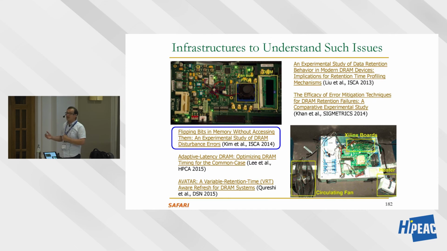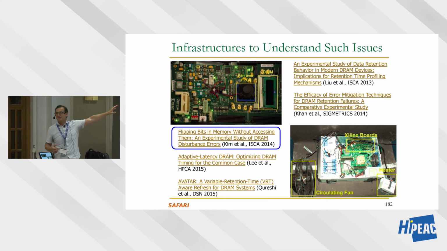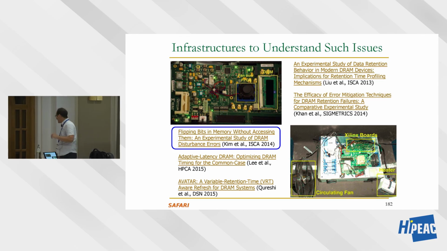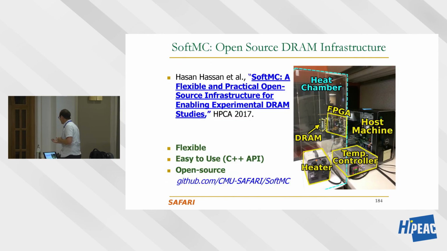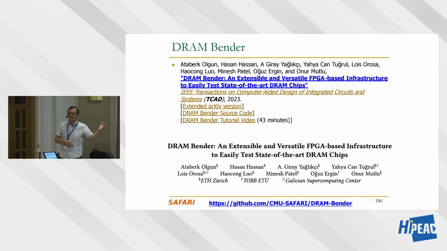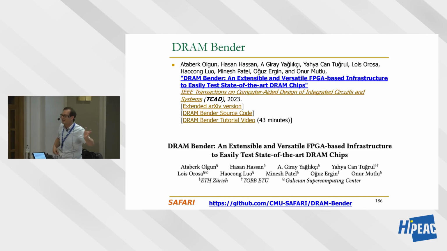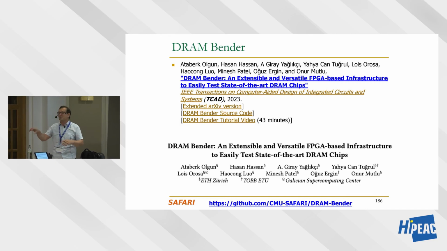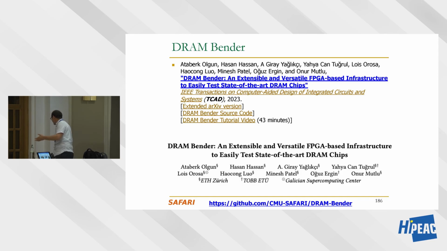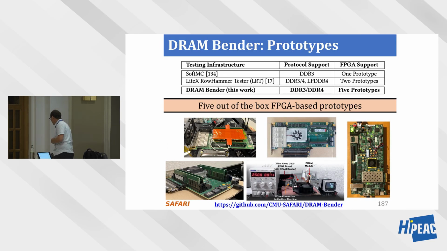So we built a lot of infrastructure to understand these issues. We built FPGA-based infrastructures, FPGA-based memory controllers, soft memory controllers to test DRAM. And these are some of the papers. We're going to talk about this more. And these are some examples. If you're interested, you can actually use some of these. We released it as SoftMC, but more recently, you're lucky right now, we released a much better version of it. It's called DRAM Bender. It's a lot easier to program. If you have an FPGA, you can actually download our program and test memory chips. And this is a very interesting research area today. And these are different FPGAs that we support, and the paper is over there.